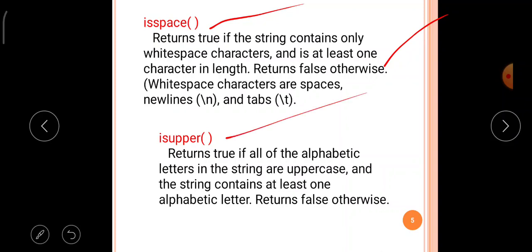Then the isupper function. It is also a test string function.